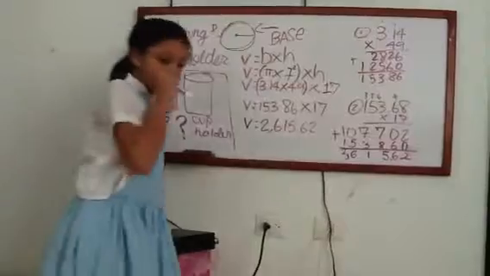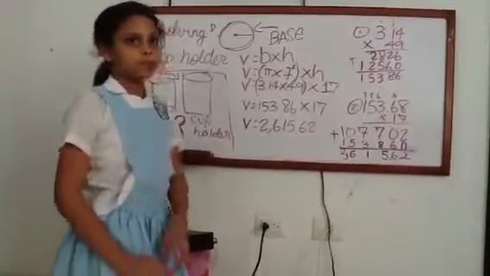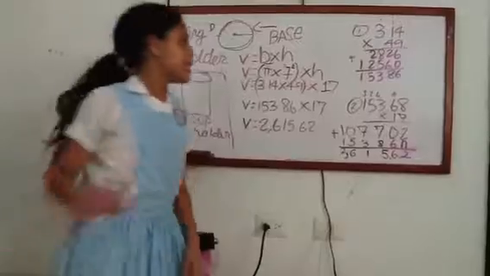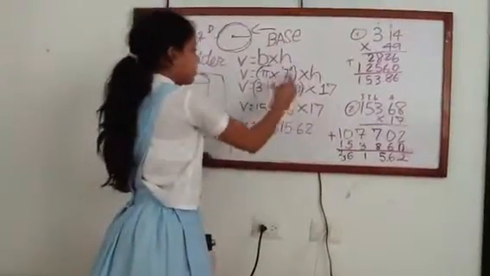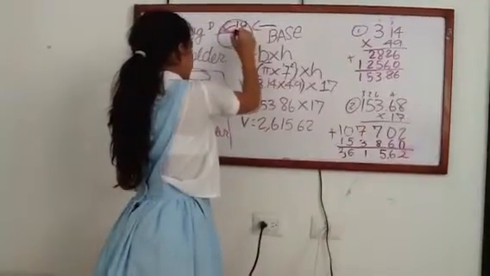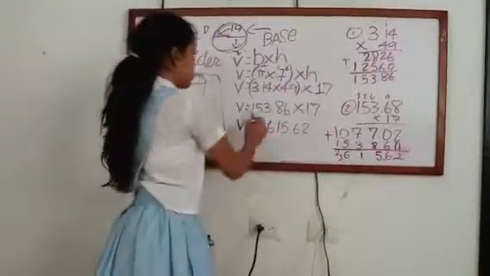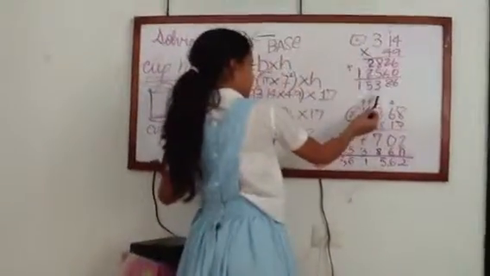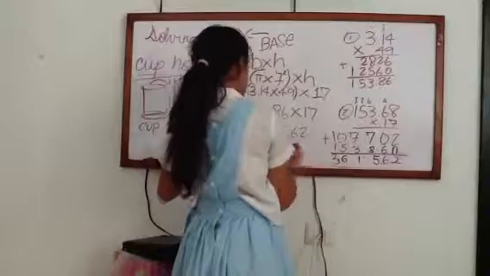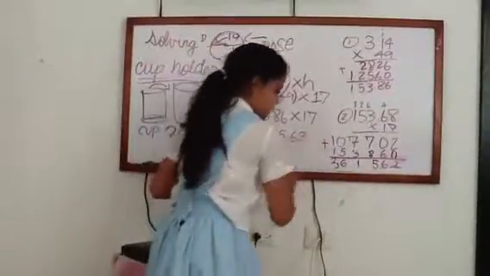Remember, we need to use the same formula as we used in finding the volume of the cup. Volume equals base, big B, times height. Volume equals pi times radius to the second power times height. The radius to the second power would be 7 because the diameter is 14, half is 7, and 7 to the second power, 7 times 7, is 49. So 3.14 times 49 is, like we see here, 153.86. And times the height, that is 17, we see it here in the process. The volume would be 2,615 and 62 hundredths. And since we're talking about centimeters,